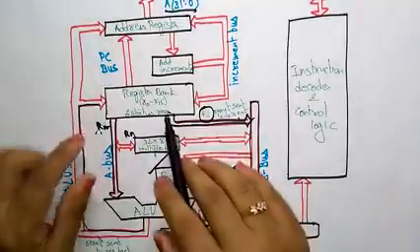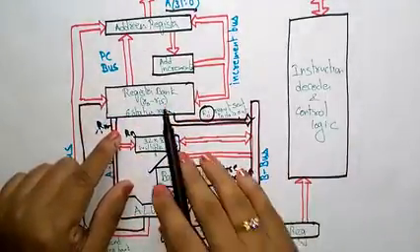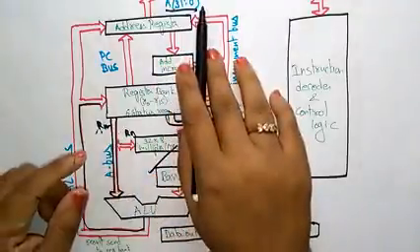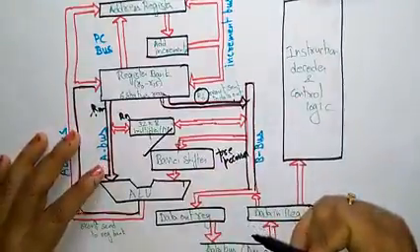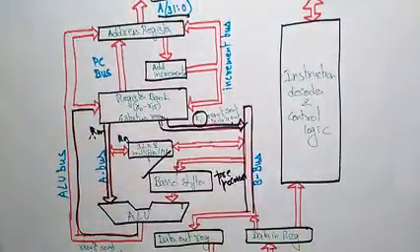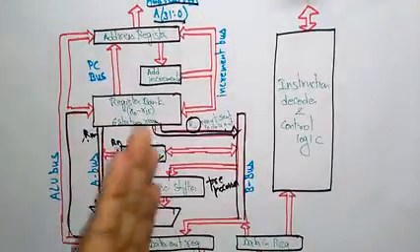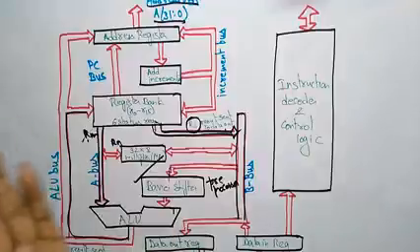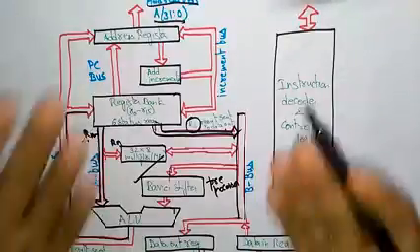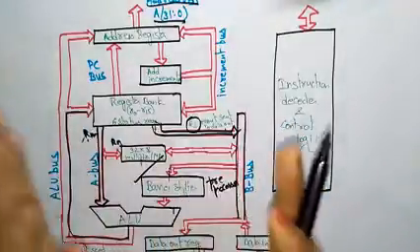Okay, and the register bank and the program counter are used for generation of addresses, we all know that. There is an address bus from 0 to 31, which means a 32 bit address, and the data bus is 32 bit. We all know that ARM is a load and store architecture, I already said at the start of this video. It's a load and store architecture, which means things come and go only through registers. We are getting the data and sending the data only through registers. That's why we call it a load and store architecture.